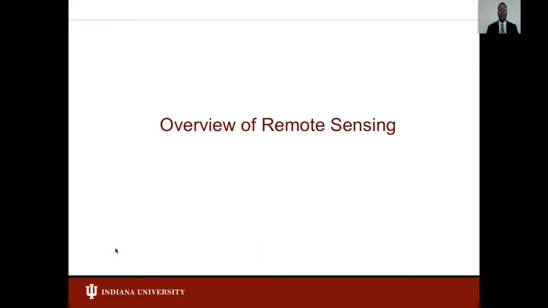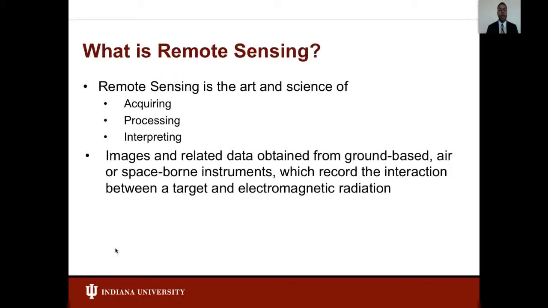In this lesson, I will provide an overview to remote sensing. Remote sensing in its broadest definition refers to collecting information about an object without being in direct physical contact with it. In other words, learning without touching. The remote sensing process, which can be described in greater detail on the next slide, involves acquiring, processing, and analyzing